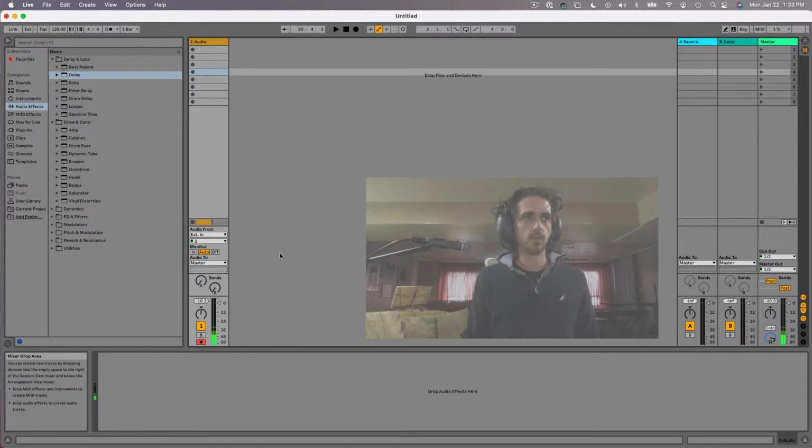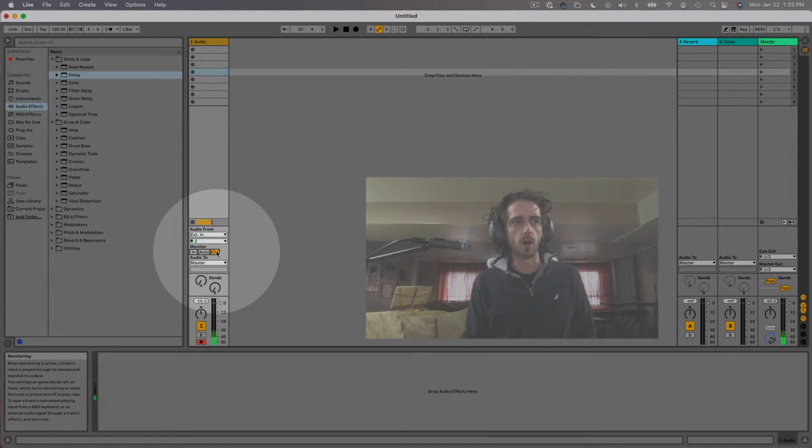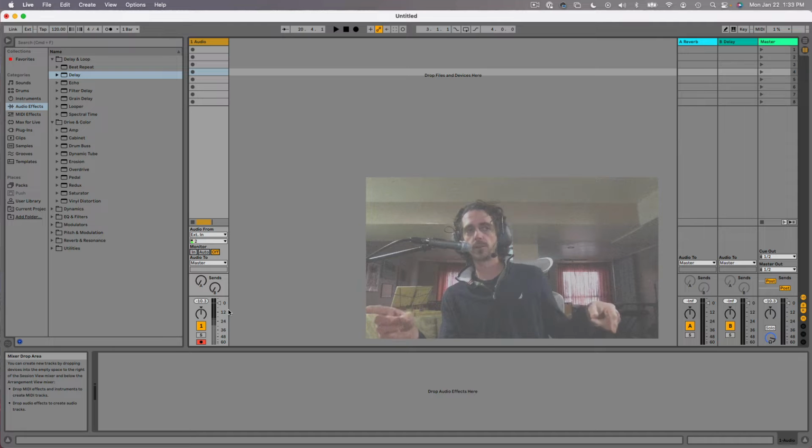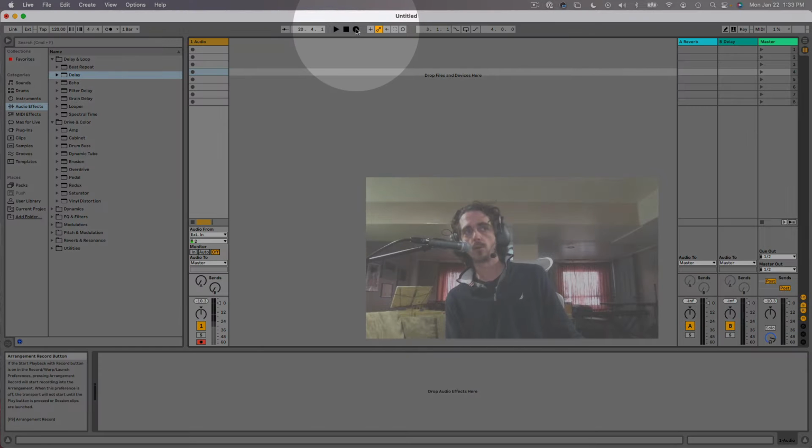So the next thing I want to talk about is monitor settings in Ableton on audio tracks. With the Off setting, now you can't hear what's coming through this microphone, through your speakers or through your headphones, but I could record this signal. So if I hit record up here,